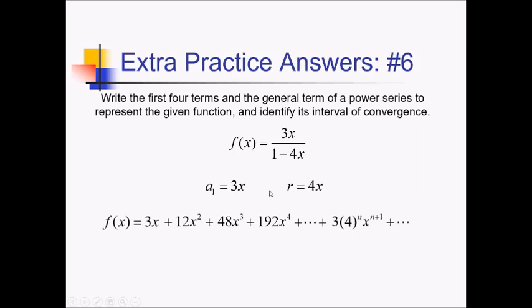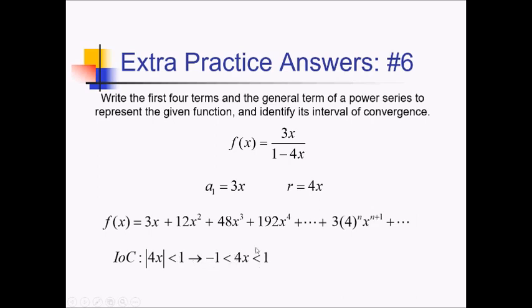To get that, we just take our common ratio, 4x, and set its absolute value less than 1. And very quickly here, to get x by itself, I can divide both sides by 4. I can do that while this is still inside absolute value. That's fine. So we have the absolute value of x less than 1/4,